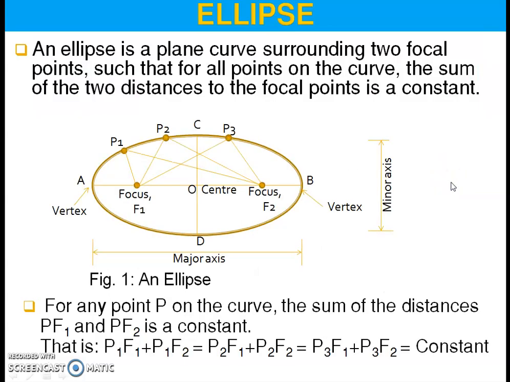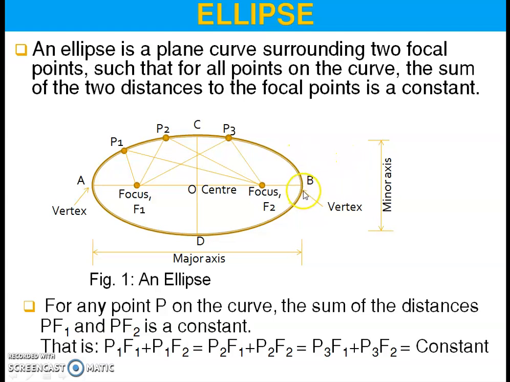An ellipse is a plane curve surrounding two focal points such that for all points on the curve, the sum of the two distances to the focal points is a constant. Look at figure 1 for illustration. Using figure 1, some of the characteristics of an ellipse include: